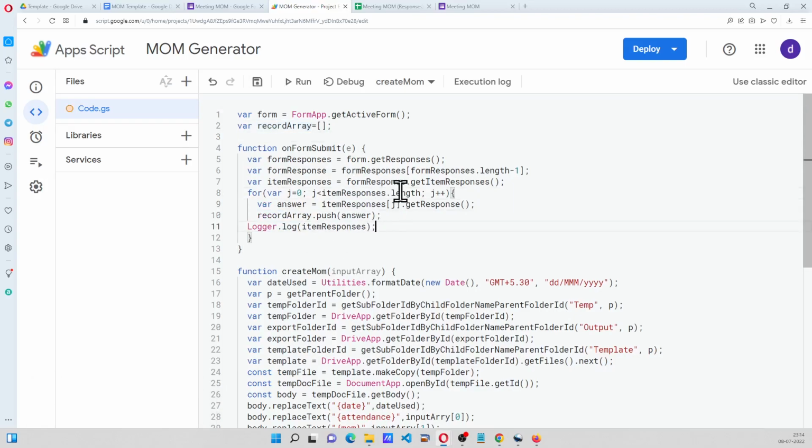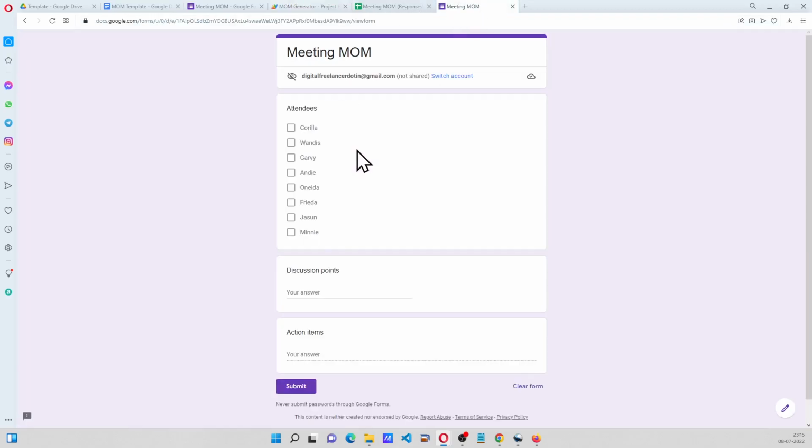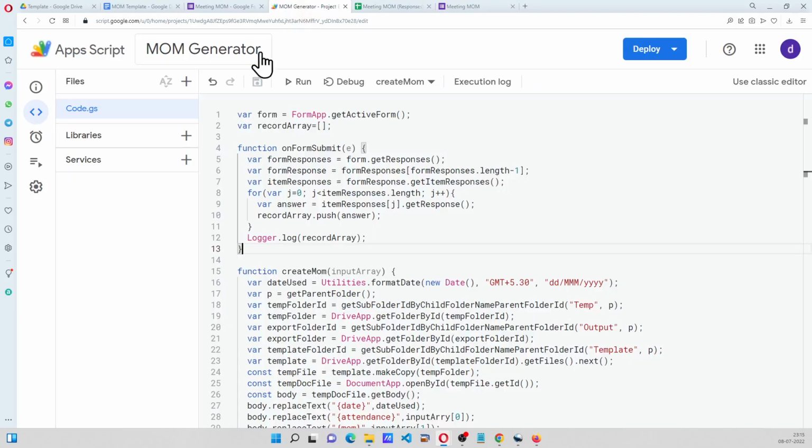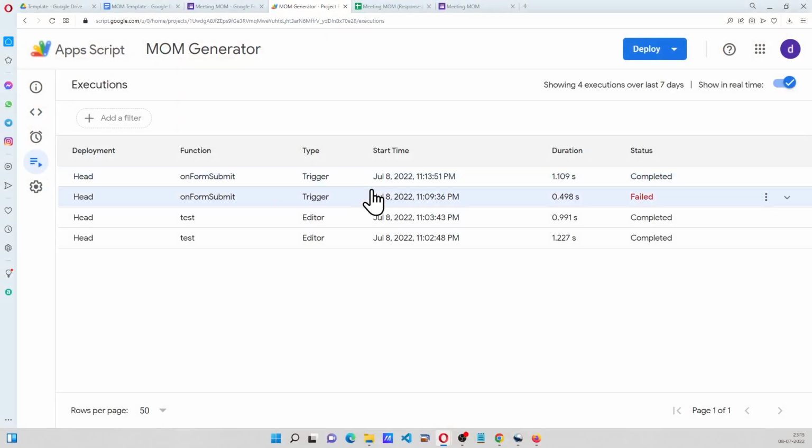Now press Alt. See, this is how you can move the lines. Now I'm not interested in item response anymore. I am interested in record array, right? Let me print it and see what happens. So let me submit another response, and this time a little different. Submit it, come back to the executions of the form, and